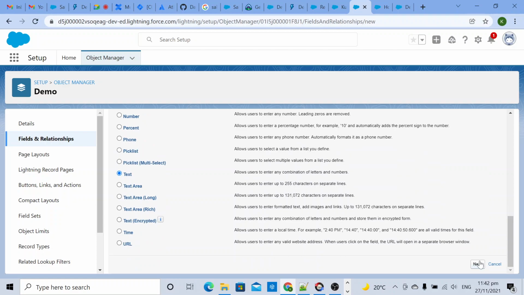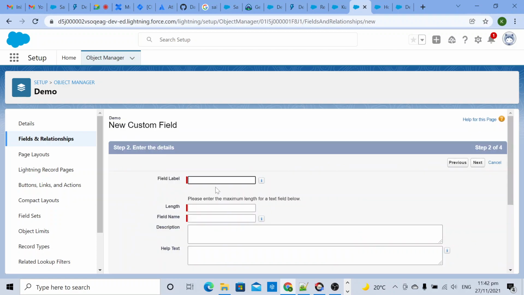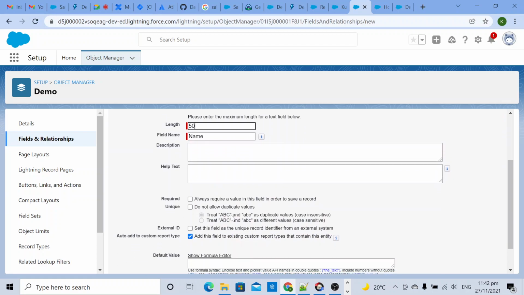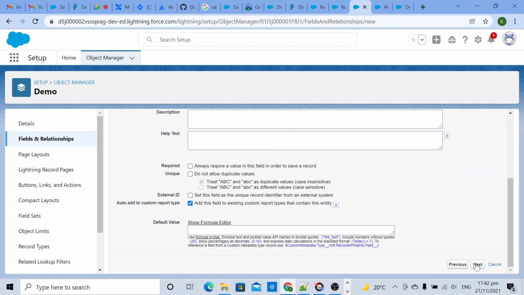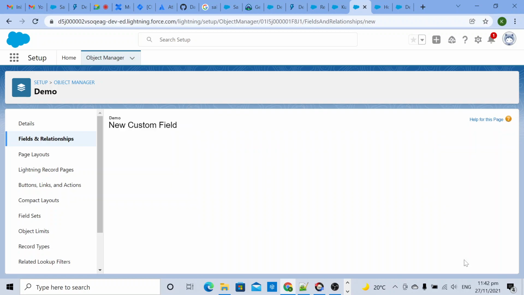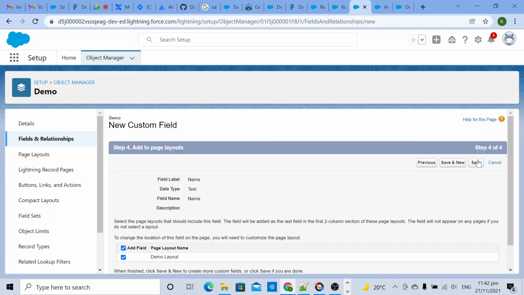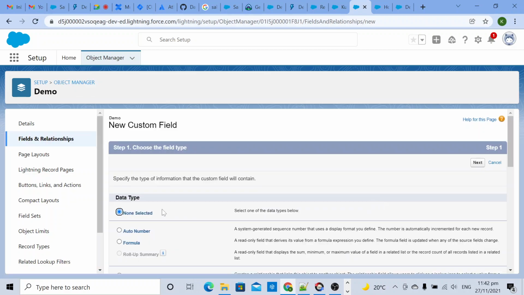So text, click on next. Field name, let's say name, length 50 characters. Description I don't want, by default next. Then let it be the default value. Here save and new, as I want to create one more field or attribute.